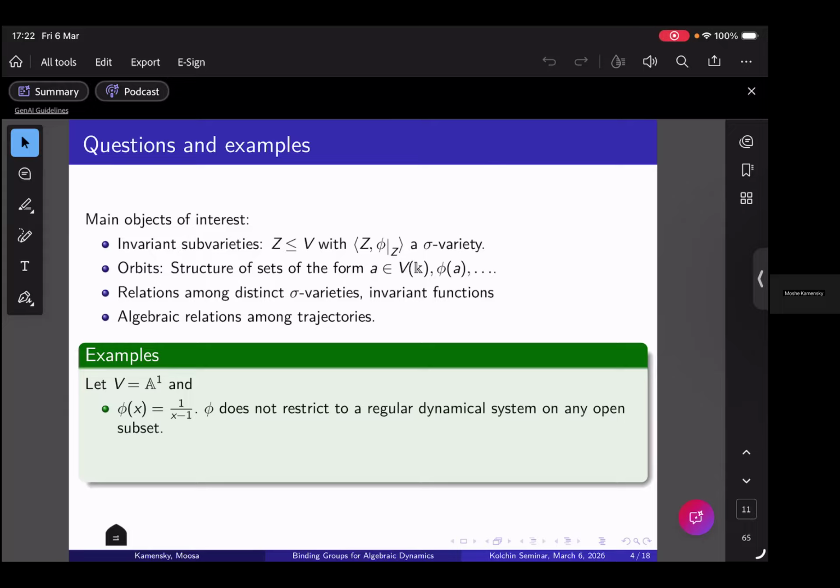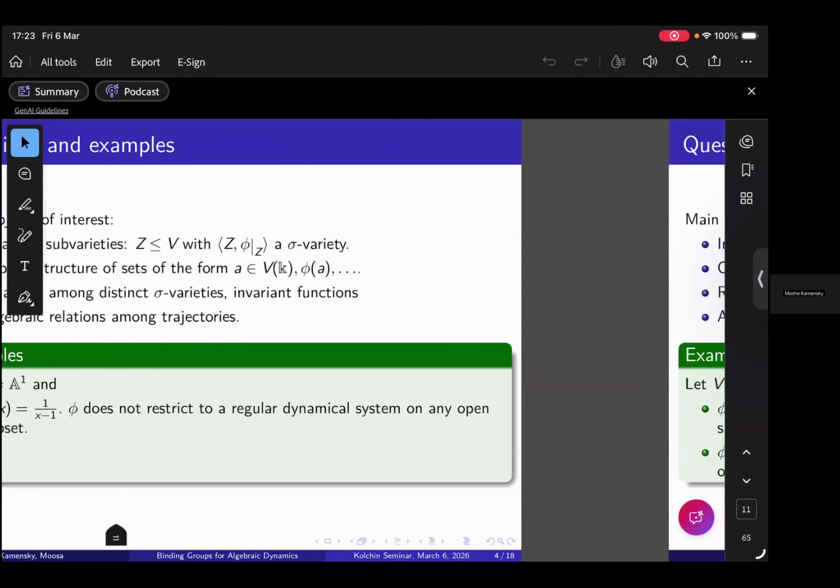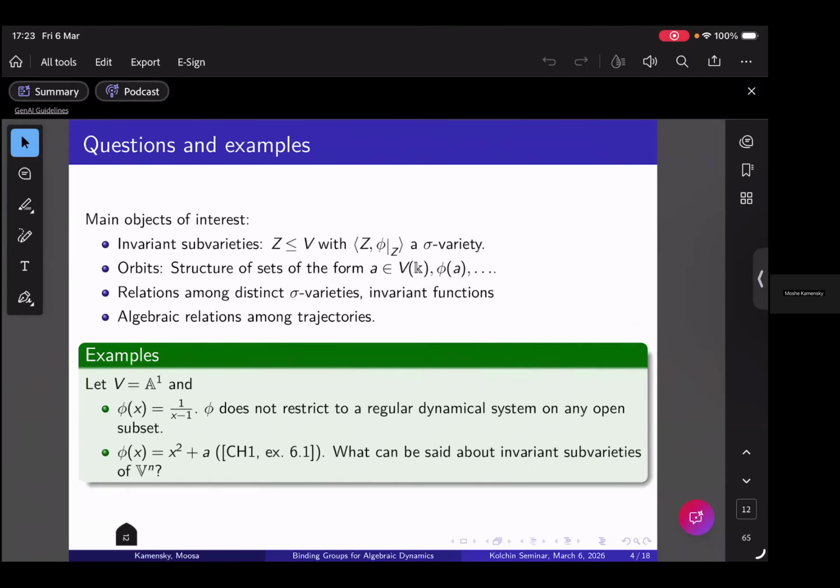It's not the case that a rational dynamical system is just a regular dynamical system on an open subvariety. This is an example. In this example, it is not defined on x equal to 1, but then if you remove it, then it's also not defined on x equal to 2 and so on. And the other example is just to show that things can be